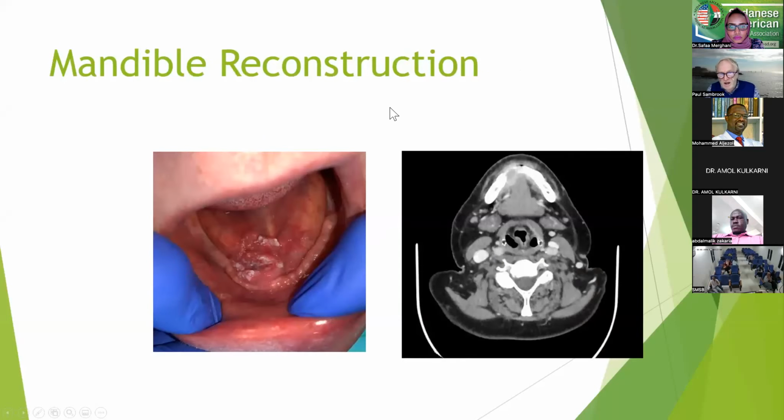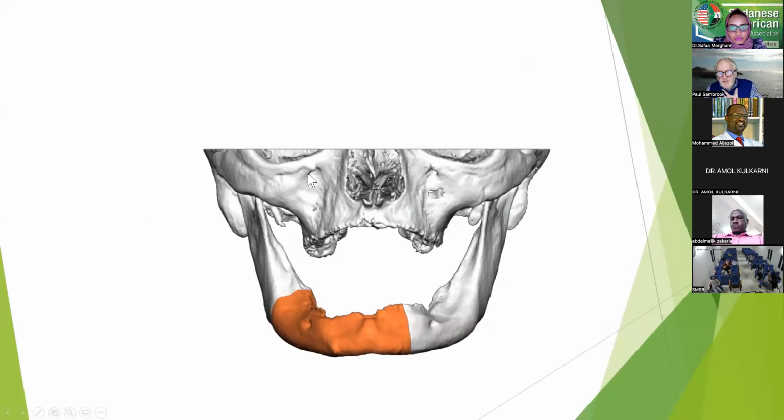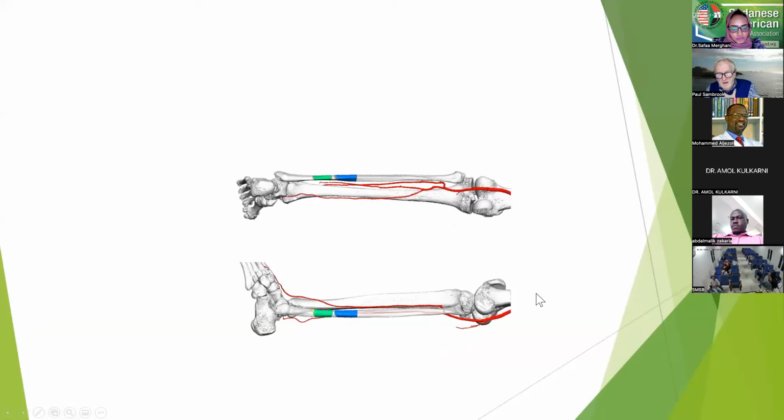So if we take a couple of examples here: squamous cell carcinoma, anterior mandible, with the CT showing the bony destruction. This is the computer-generated model from the CT scan, outlined with what we had planned to remove. Again, these are not diagrams. These are